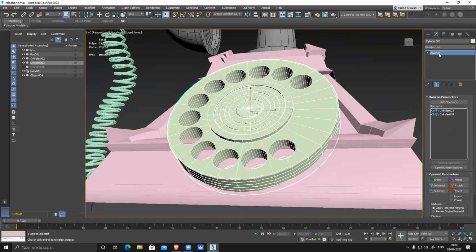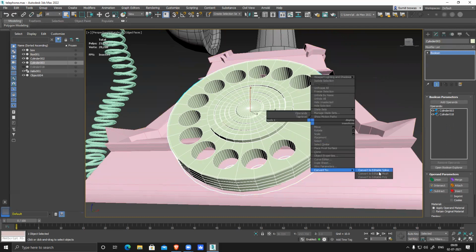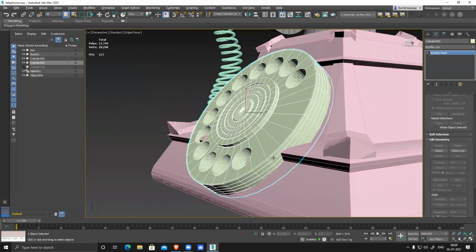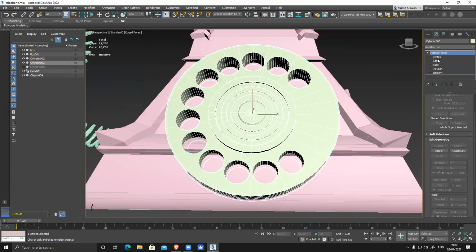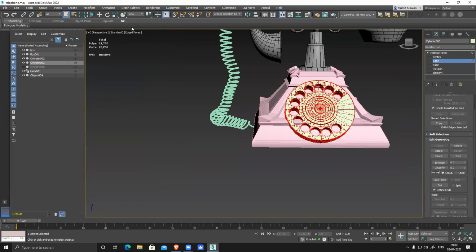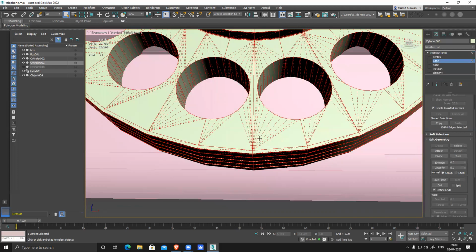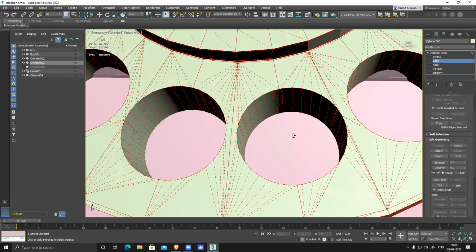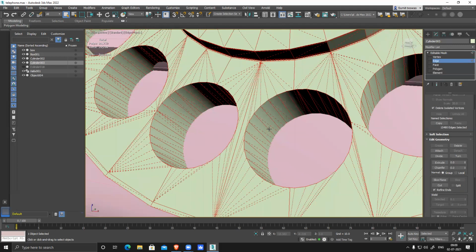What you have to do is convert the model to an editable mesh, not poly. That is something very important. Keep that in mind. Convert this into editable mesh. Go and select edge and select all the edges. When you select edges, you can see it shows you all the connecting triangles, because a mesh is basically a triangulated model and polygons are basically a non-triangulated model. So if you use editable poly, it will be quads and it won't create this shape.